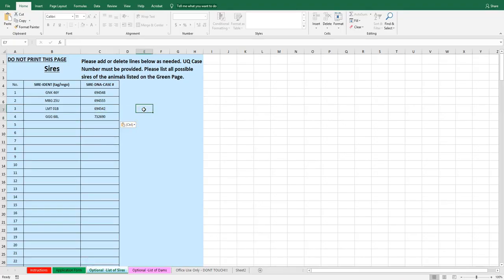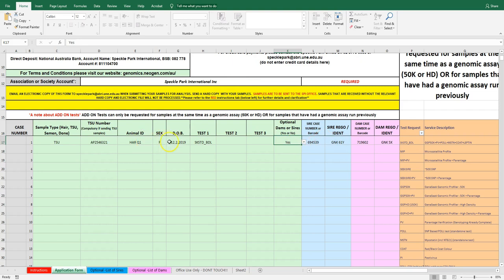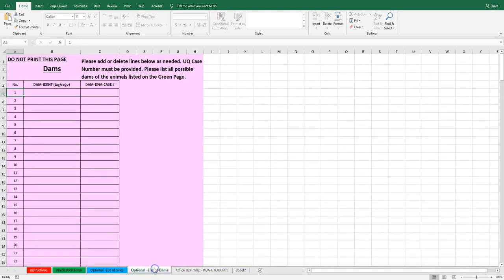Beautiful. Okay, so for our embryo calves that we've implanted, obviously we've only got one on the form at this stage, Q1. We've got another 30 to put on there, and they will have their own dam ID and sire ID. But just to give you the best coverage, I guess, on getting a parent verification result that you're expecting, always putting in your optional list of dams and sires. So we'll just quickly type in